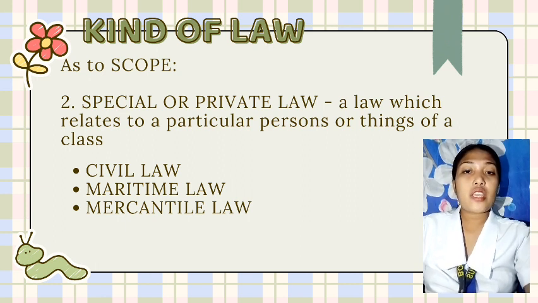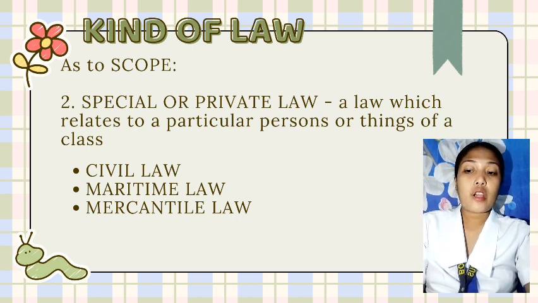The second one is maritime law. It is a law dealing with commerce by sea involving regulations of ships and harbors and the status of seamen. The last one is mercantile law. It is the law of commercial transactions derived from the law of merchants, which includes commercial paper, insurance, and other types of agency. It is the law that applies to business and to people who are working.